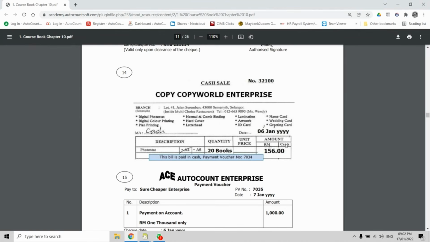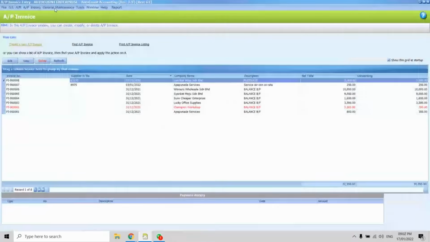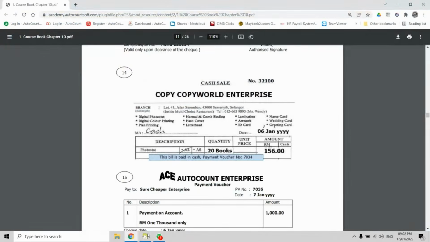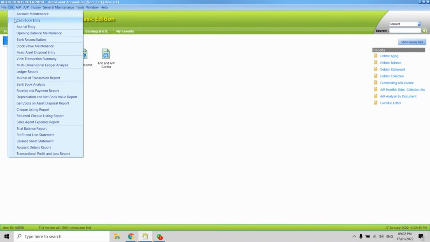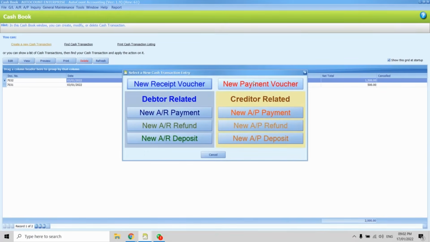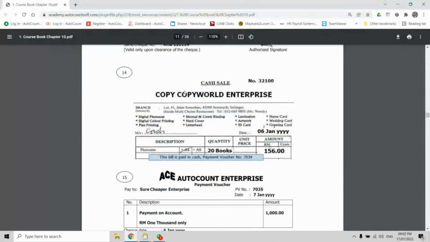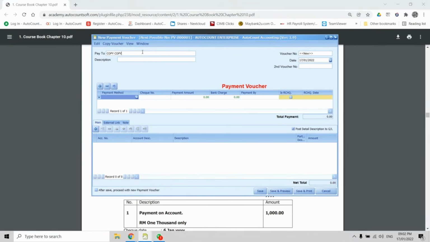automatically whatever document from a supplier that you receive, when you check the name is not available in the AP invoice, for example Copy World, there's no name under Copy World and I pay cash. So immediately you can consider this document as a cash book entry. You just put there cash book entry, new payment voucher. So what you need to do is just Copy World, printing,